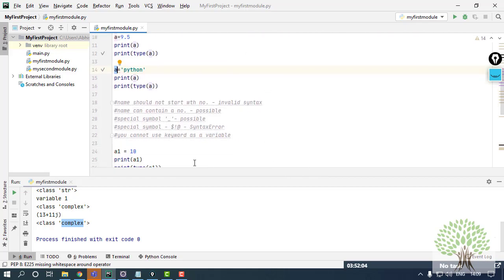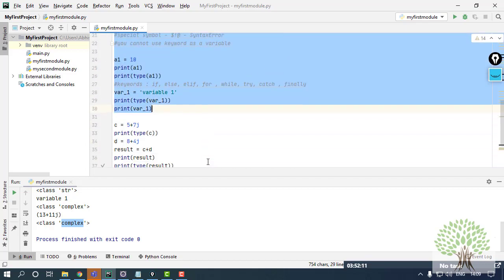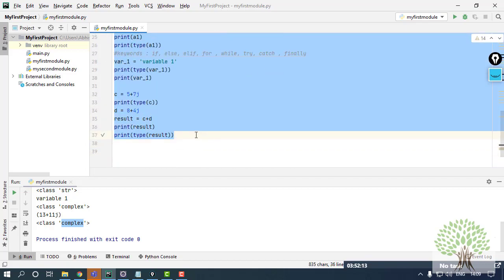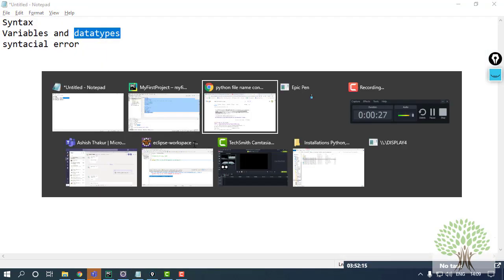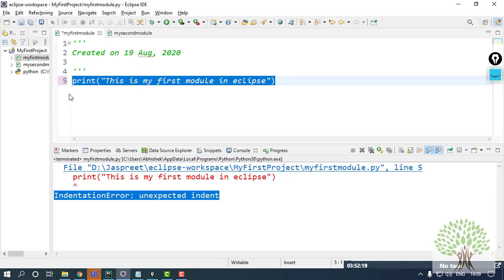And the same thing, if I copy it from here, the whole thing along with the comments, and I'll paste it all in my another IDE, that is my Eclipse.